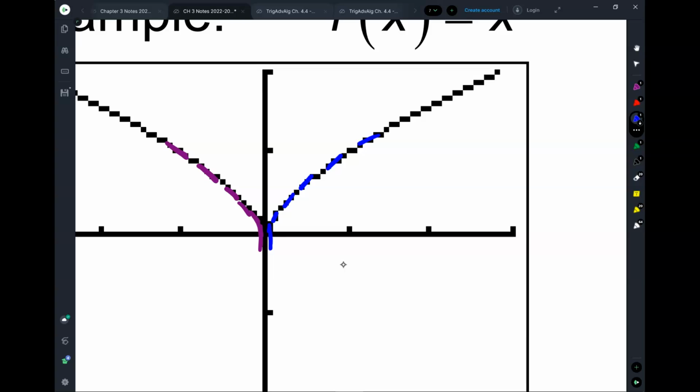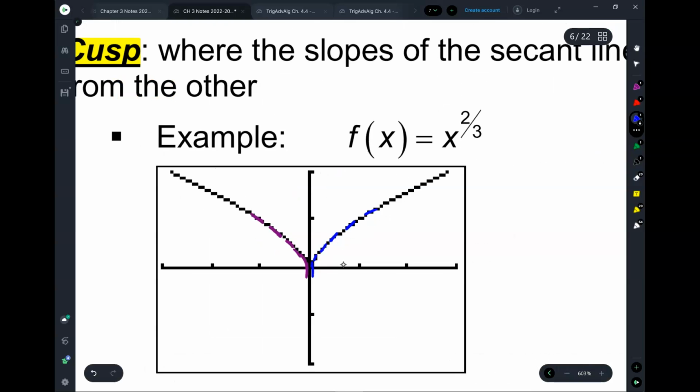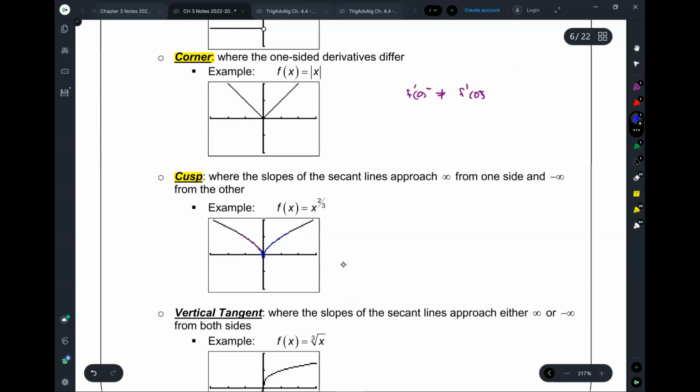So the graphs touch, the slopes don't. Because on the one hand you have a negative slope, on the other hand you have a positive slope. Abrupt change. When you have a cusp, this is all you need to know: there is almost a vertical line on both ends, but one has a positive slope and one a negative slope, so the derivative fails to exist. All you need to know is that if it's a cusp, it's not